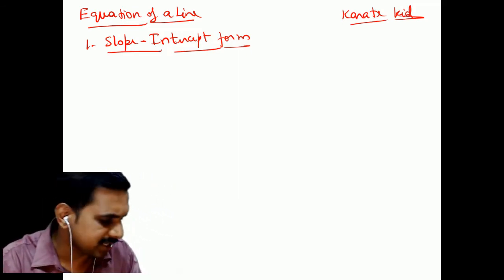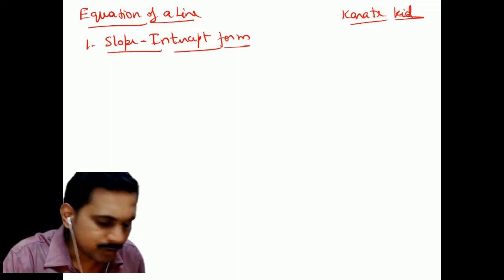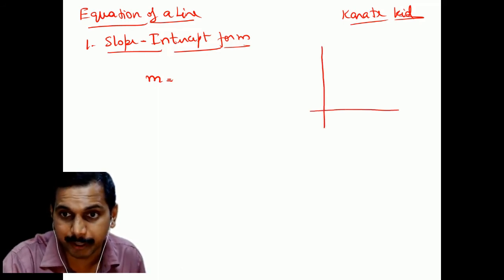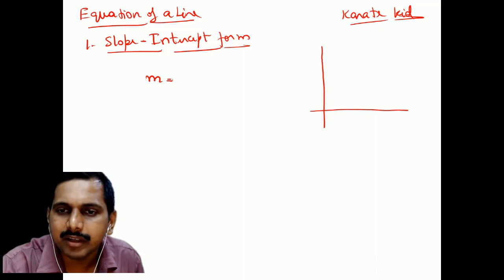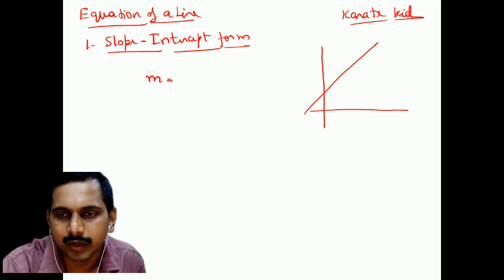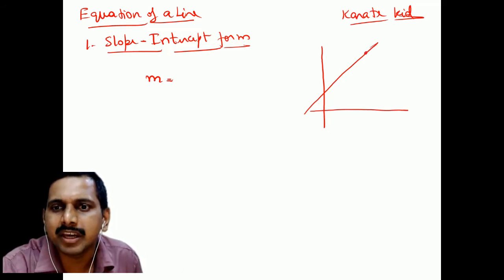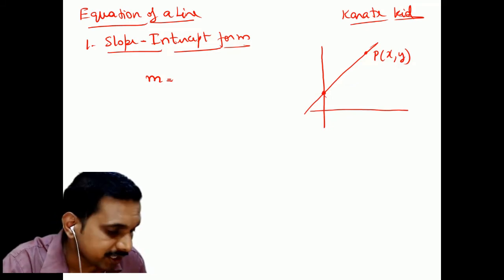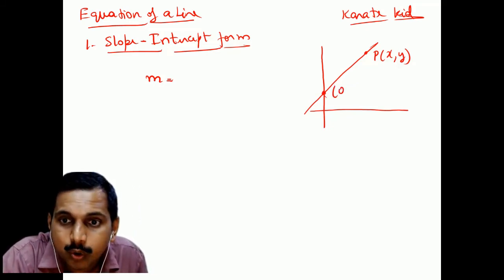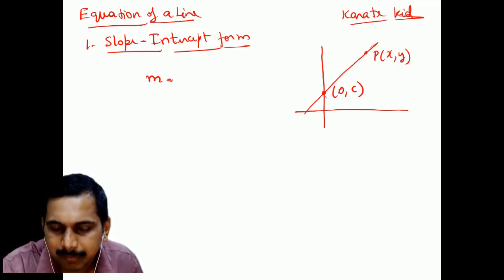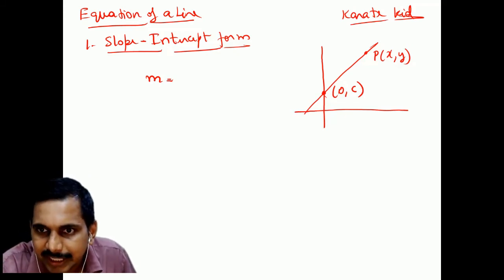So what is the slope intercept form? What is the slope generally? Slope m is equal to, just like locus of a point we had done in the point section. So if I have a line going like this, what is this line? A line has various points with a variable x and variable y, and we know it passes through a point over here. Say the point here is 0 comma c. It may come from here also, that we will see later. It is 0 comma c.